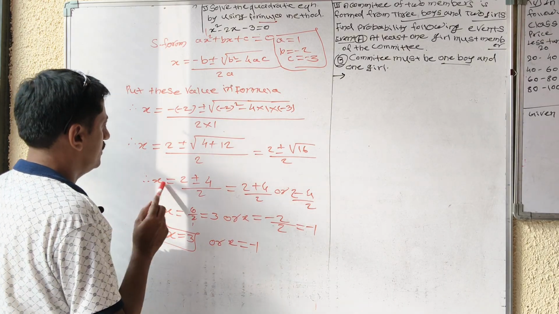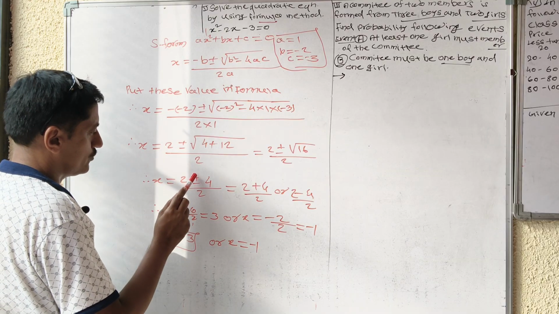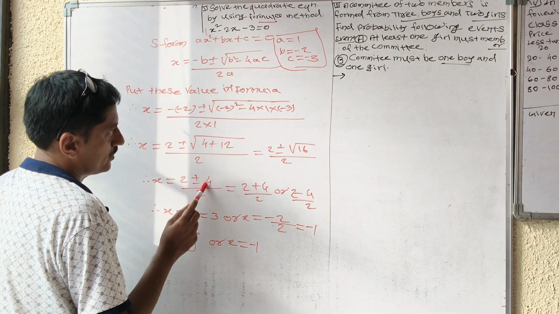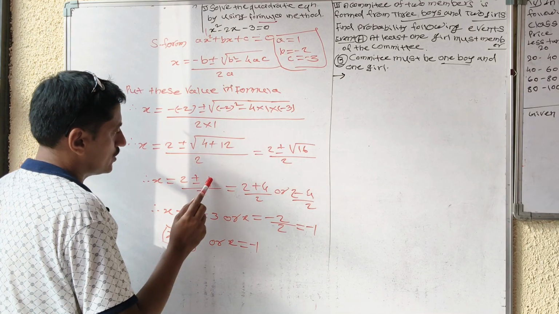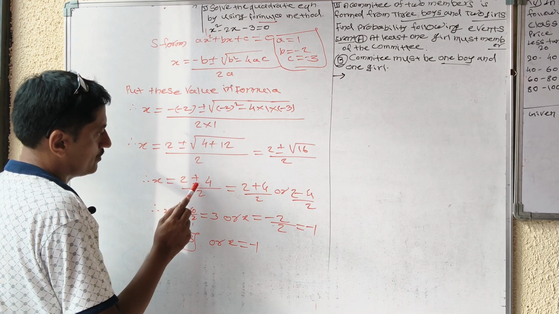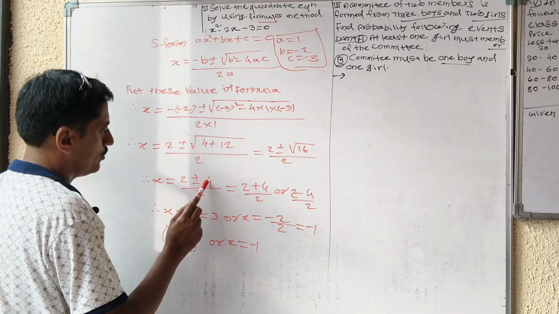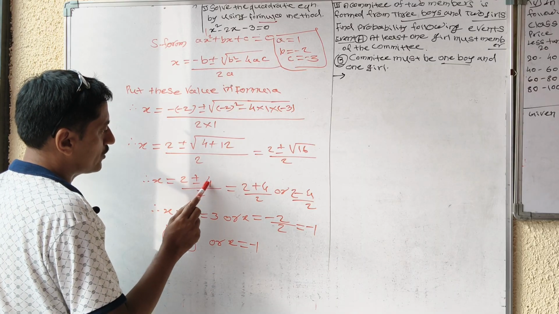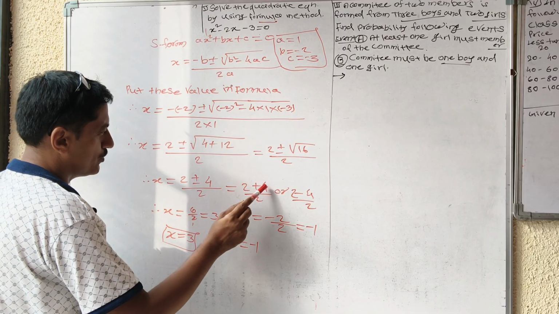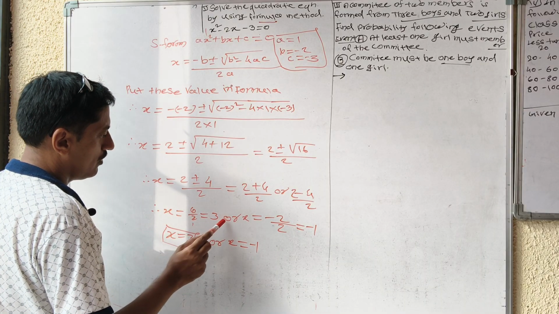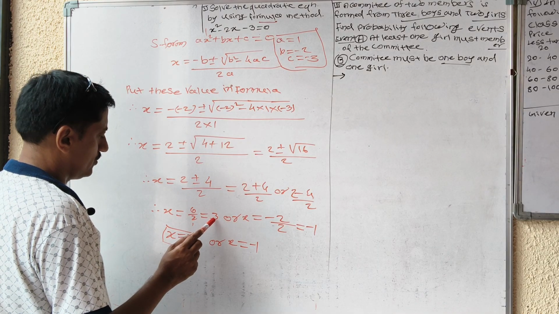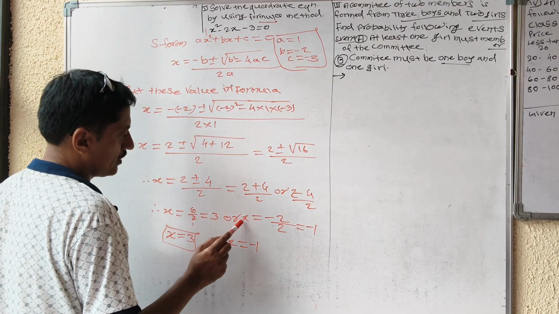2 as it is. x is equal to 2 plus minus, what is the root of 16? Root of 16 is 4. 16 हा कोणाचा वर्ग आहे? 4 चा. त्याचं रूट 4 आहे upon 2. We take this 2 value plus and minus: 2 plus 4 upon 2 or 2 minus 4 upon 2. x is equal to 2 plus 4, 6, upon 2, or we calculate this, 2 and the 2, 2 3 is 6. Value of x is 3, or x is equal to